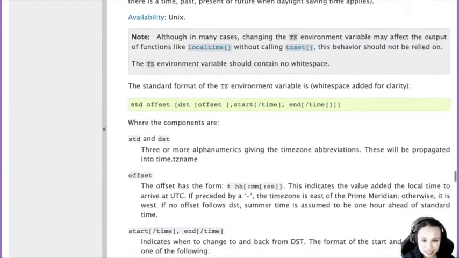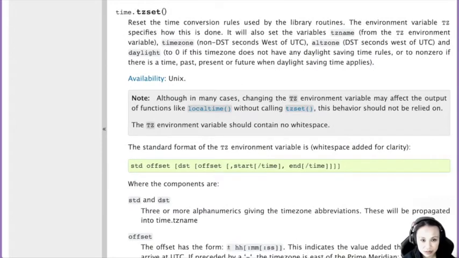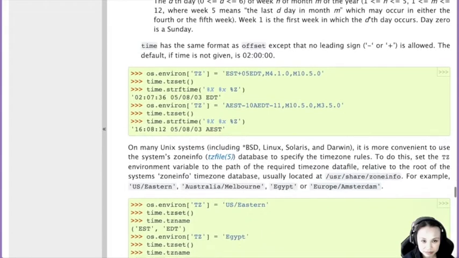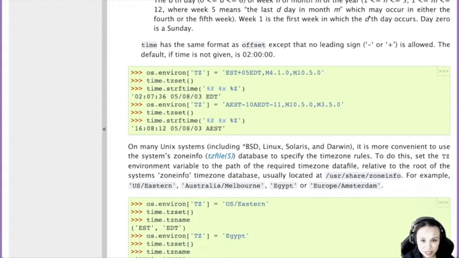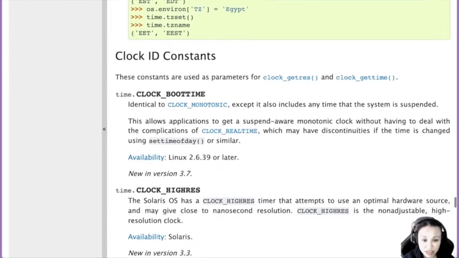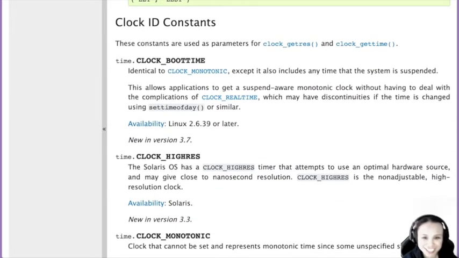You can also set the time zone. And I think it's time.tzset, and I think it just switches the time zone by using that. I have to look at it in detail, but there's a lot of gems hidden inside the